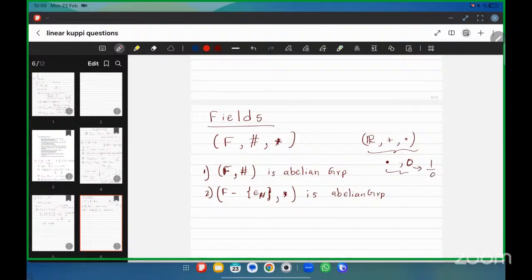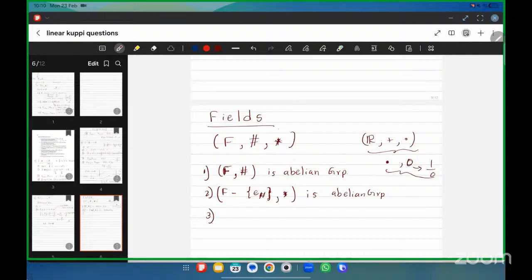So here also the same reason. If you perform the star function to the E sharp, we don't get the inverse. That's why we are neglecting E sharp from the F set. So if we perform the star operation on the other elements, it should be abelian. Okay, the third one is,